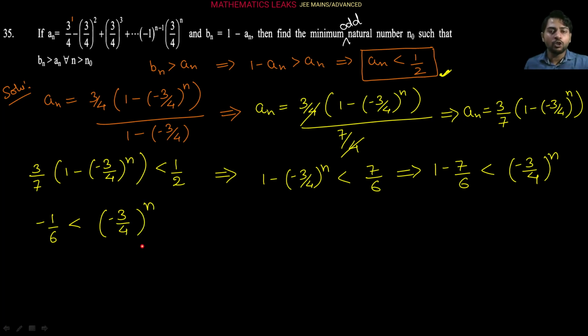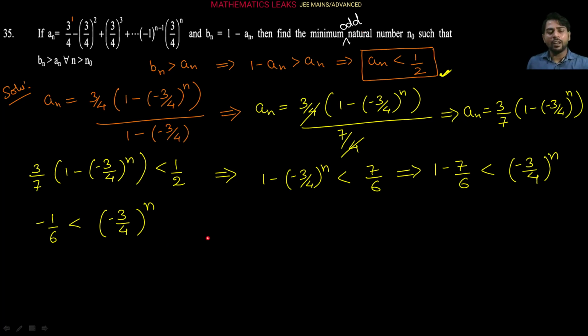Then what should be the minimum odd natural number n naught? Obviously if it is not mentioned odd, then it will be satisfied for every even number, right? Now if n is any even number, this will always be a positive quantity. So the right side quantity is positive, left side is negative, so it will always be correct. So here 0 directly you can say, or 2 or 4, all of it is coming here, minimum will be 0. But the question was asking for the minimum odd natural number, correct now.